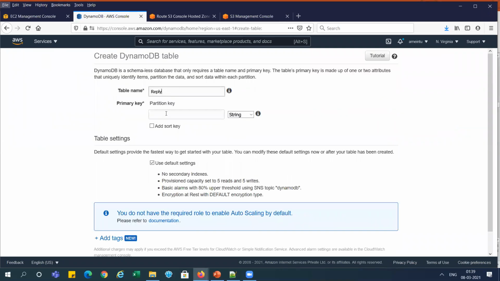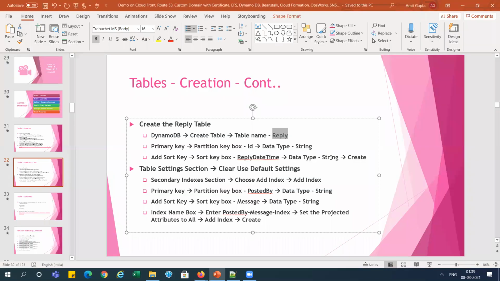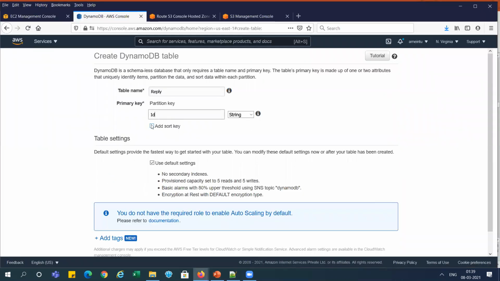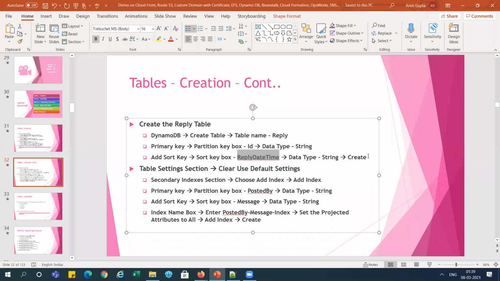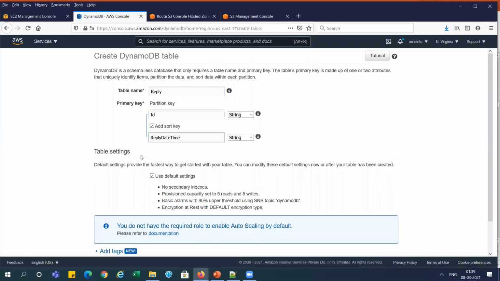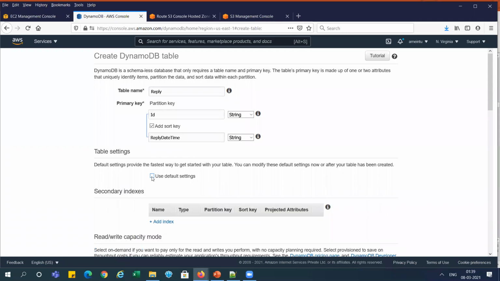I am creating the table here, Reply, and I think Id was there, right? And ReplyDateTime. Okay, string, both are string. Now we need to go to table settings, clear the default settings. I am just removing the default settings.